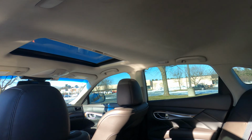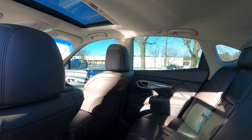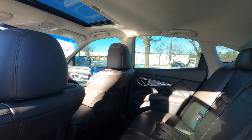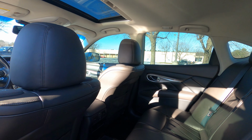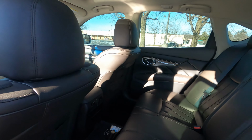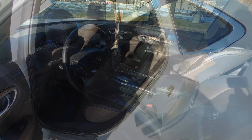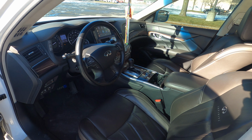I will say this about the interior though, there are rattles. It may be because I listen to music very loudly, so over the 5 years of music pounding, that stuff has loosened up a little bit, but you just turn it up louder and you don't hear the rattles. That's the way I approach that problem. Everything else was good. I did have one problem, which was